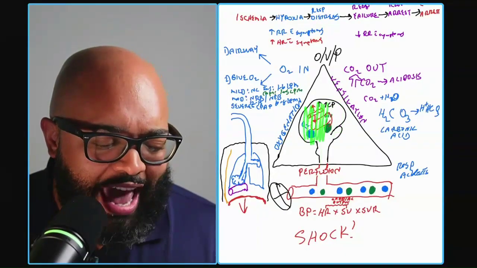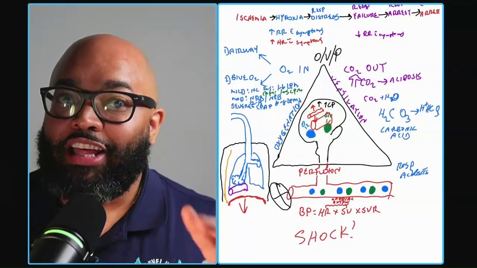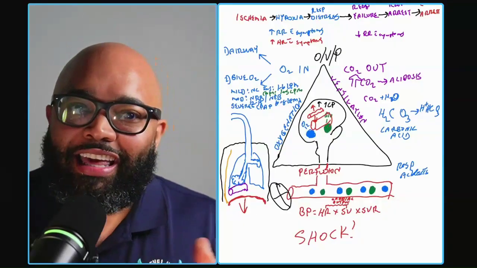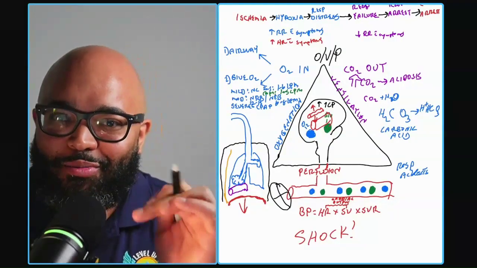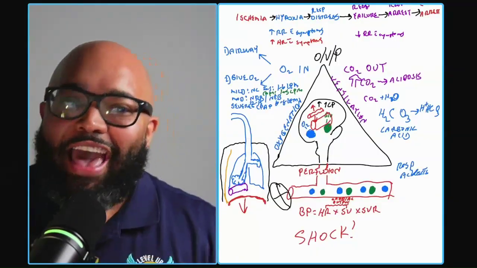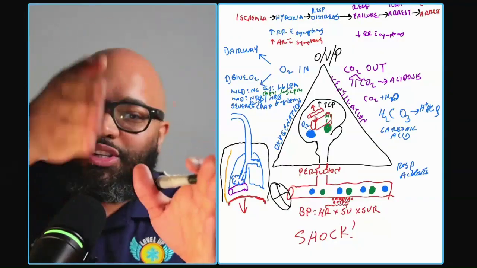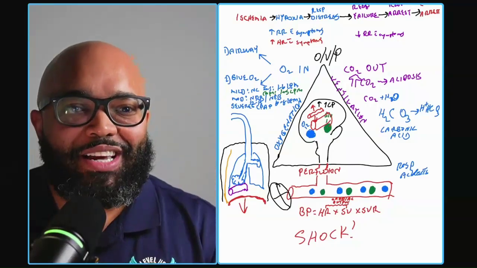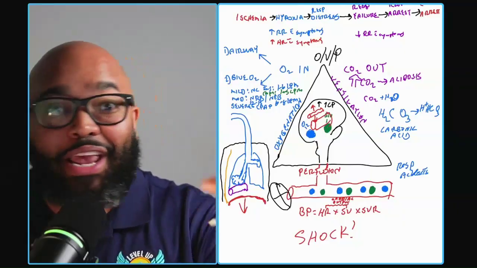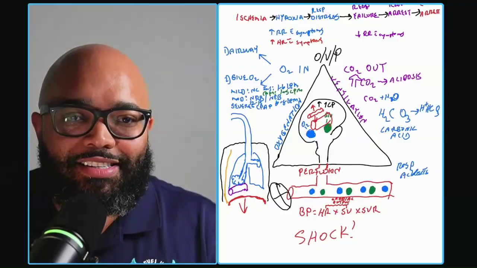Well, if I now put a whole bunch of acid in the brain, this patient is going to become sleepy, lethargic. They're going to be altered. This is why in every situation of shock, the patient becomes lethargic, sleepy, obtunded, slow to arouse, with altered mental status from the exact same thing. These are just multiple effects of the exact same situation. But instead of just memorizing that we're probably going to have increased heart rate with symptoms, increased respiratory rate with symptoms, altered mental status, I want to explain why every one of these things is happening.